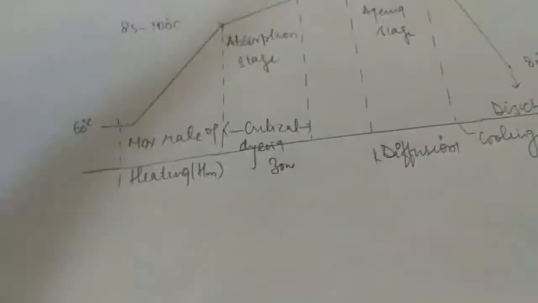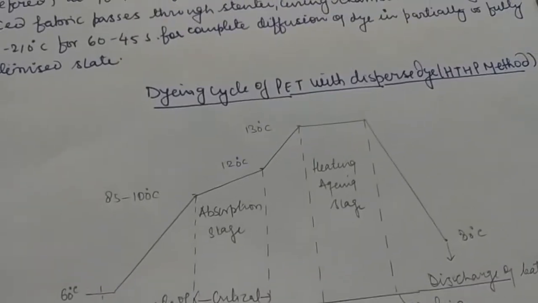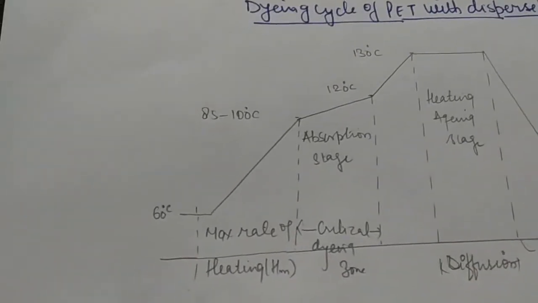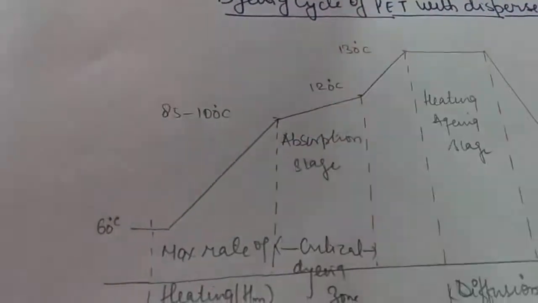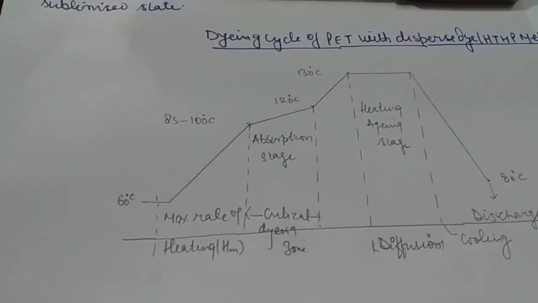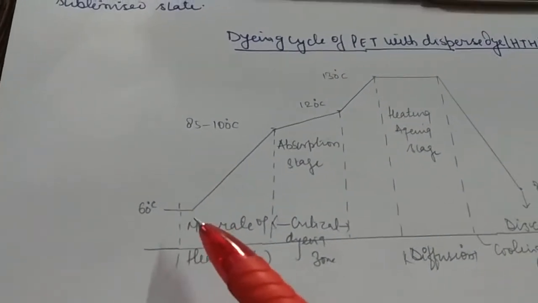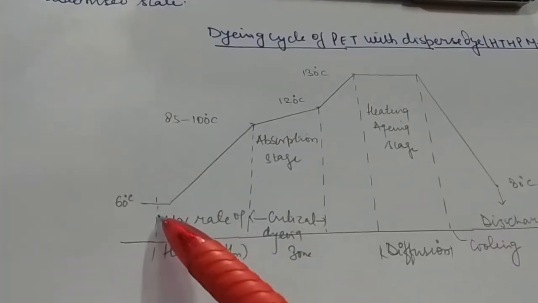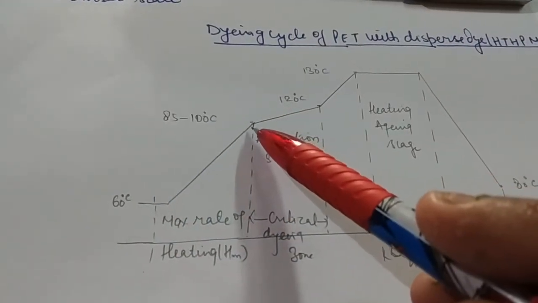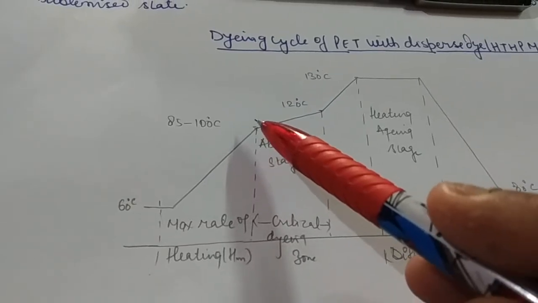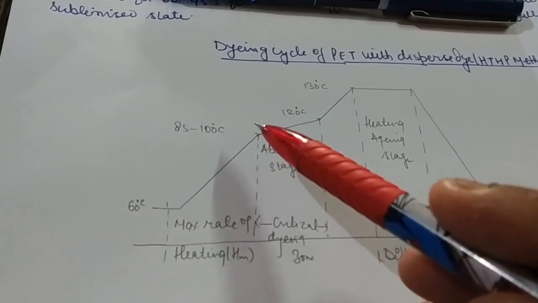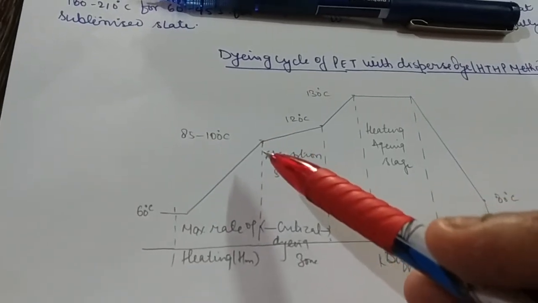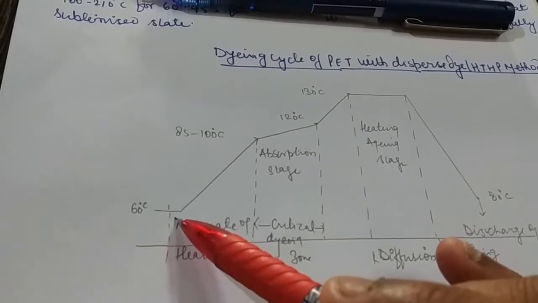Now we will see the dyeing profile of dispersed dye with the high temperature, high pressure method. In this method, we start the dyeing at 60 degrees centigrade, as you see in this graph. From 60 to 85 degrees centigrade, which is just near the glass transition temperature of the polyester fabric. The glass transition temperature of polyester is around 80 degrees. So we increase the temperature from 60 to 85 degrees